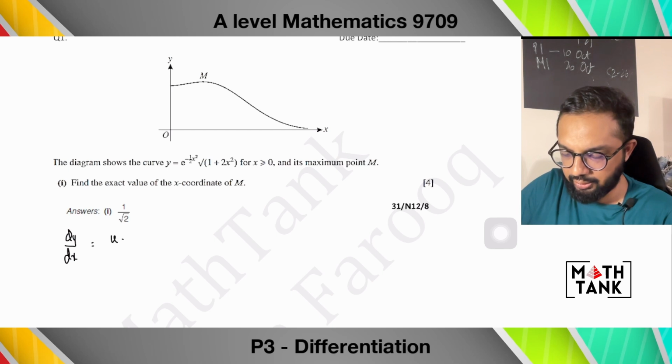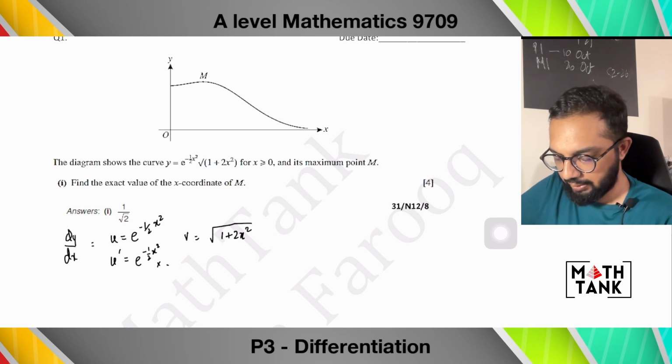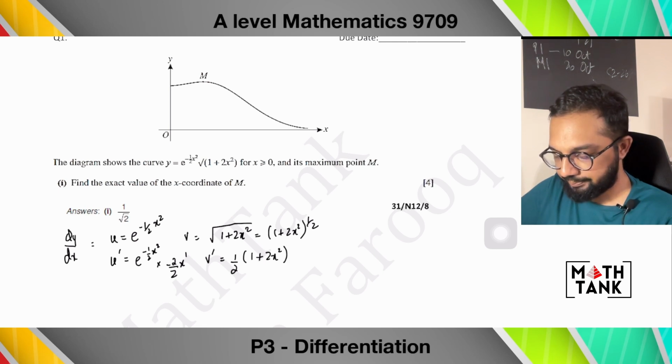I'm going to say that u equals e power minus half x square and v equals root of 1 plus 2x square. U dash becomes e power minus half x square into, differentiating this would give you minus 2 over 2 x power 1. Okay, and v dash would be, so this is 1 plus 2x square power half, I will get half 1 plus 2x square power half minus 1 into